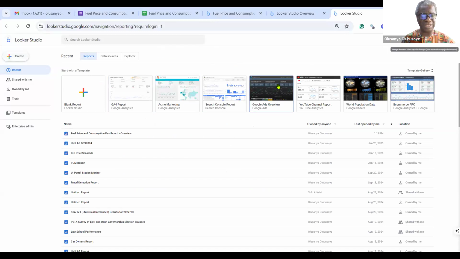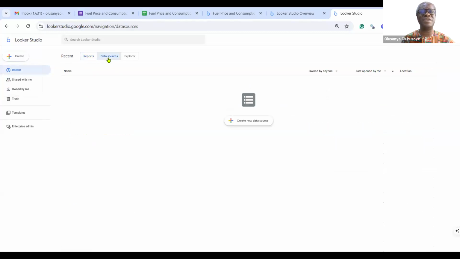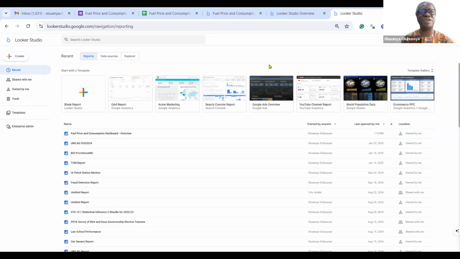In this home, there are three main areas. You have the create, where if you click, you see report, data source, explorer. The set of icons you see there are also repeated here. Report will show all the reports you have. Data sources will show the different data sources that you have, and the explorer. We will not be able to go into details for now. So that is one part.